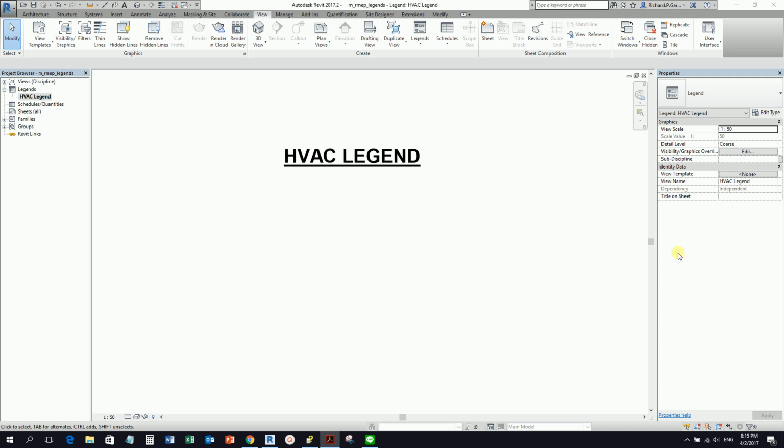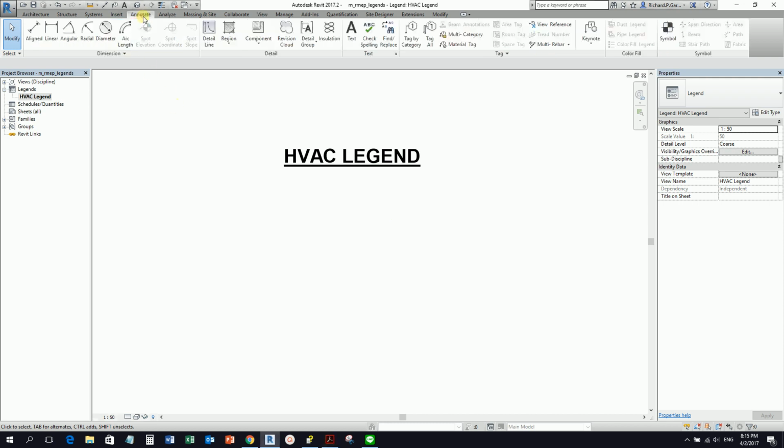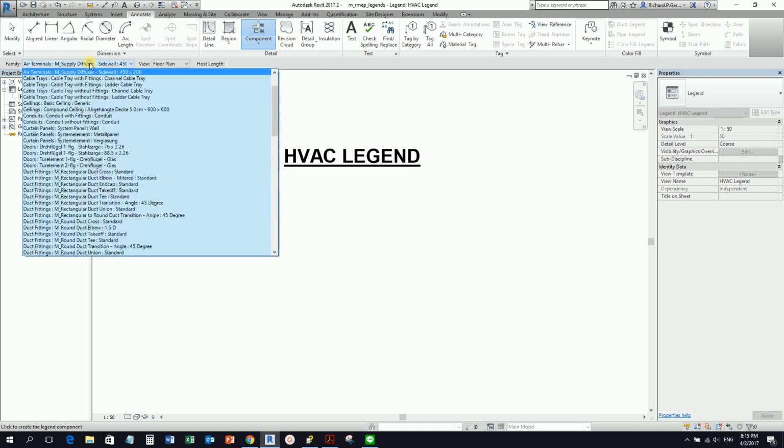Then after that, the next thing I'm going to do is add annotation symbols, and then add notes and model elements. To start, from the Annotate tab, I'm going to add the legend component. From the Detail panel, I'm going to select the Component drop down, and as you can see, there's the legend component. So I select this one. All right, and then from the options bar,